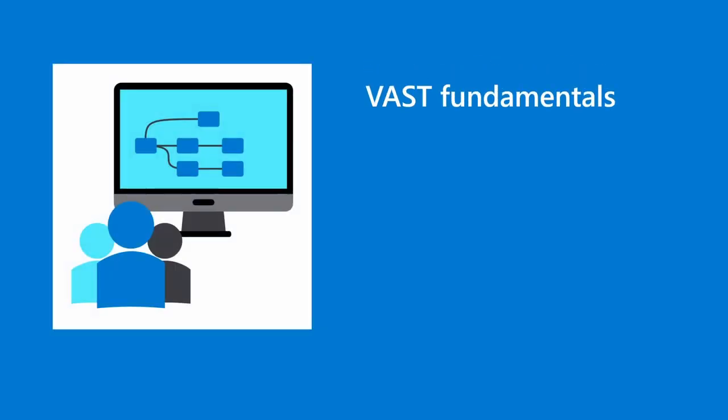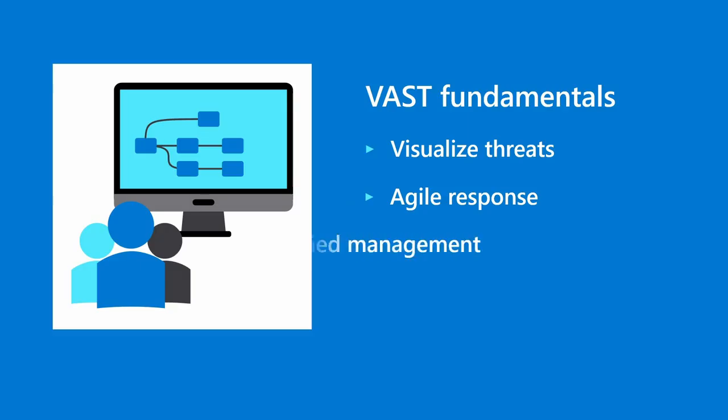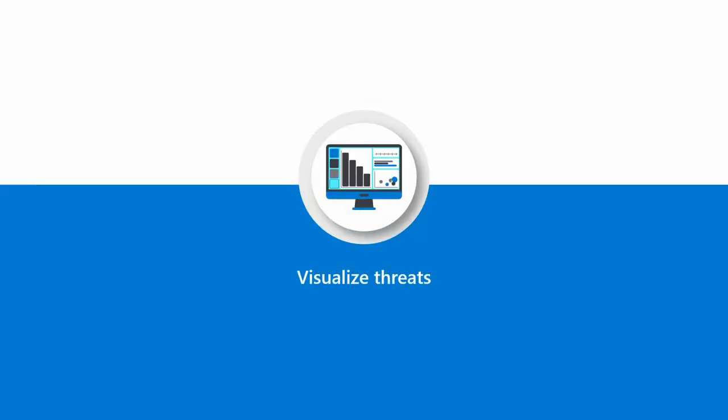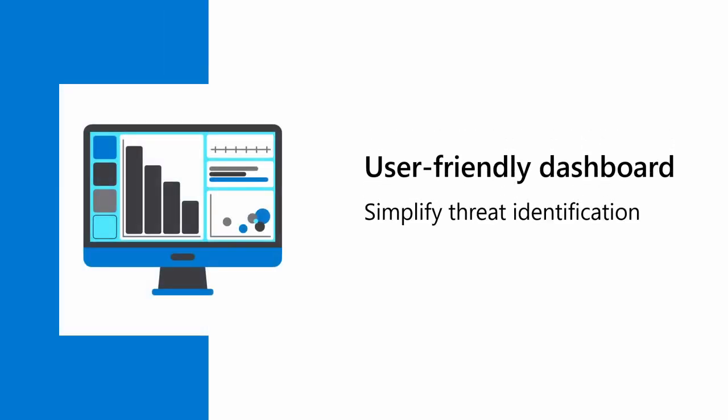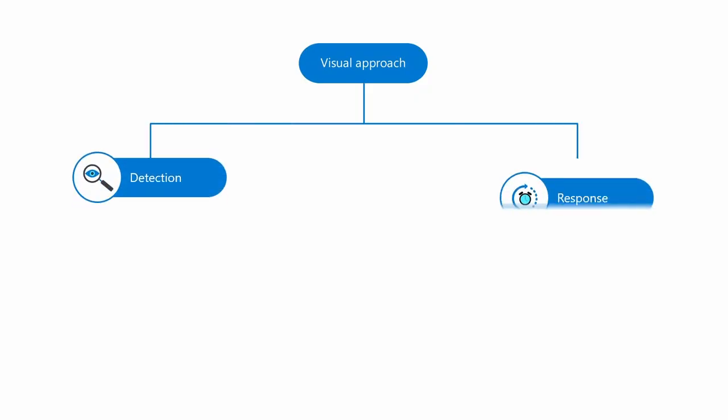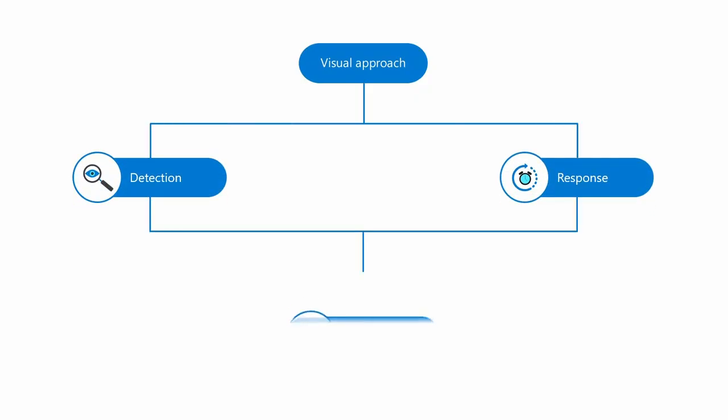VAST's foundation rests upon three fundamental principles that collectively enhance cybersecurity. These are visualizing threats, agile response to threats, and simplified management. Let's examine these and their benefits. First, the VAST methodology introduces a visual dimension to cybersecurity. Through user-friendly dashboards and graphical representations, it can simplify the often daunting task of threat identification. The benefit of this visual approach is that it facilitates swifter detection and incident response, providing a real-time view of